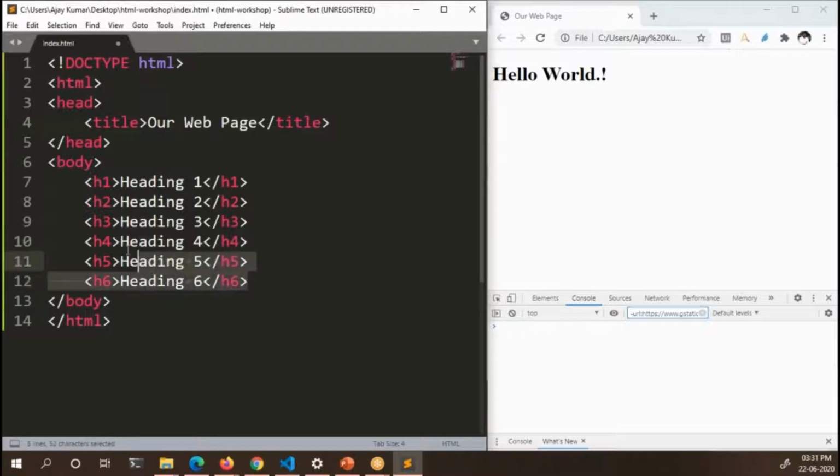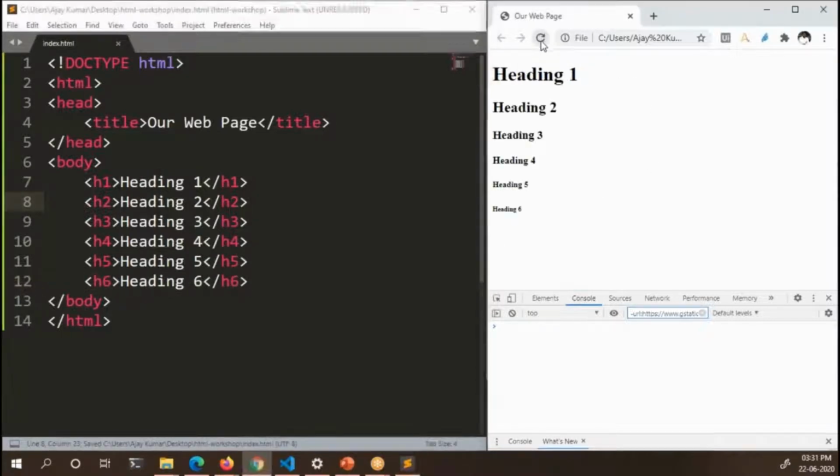Okay, so here are these heading tags, H1 to H6. H1 is the largest heading tag, which will display the text in the largest form. And H6 is the last tag. So let us save it and reload the file.